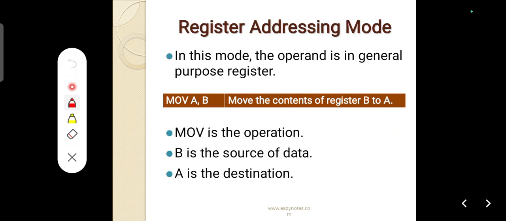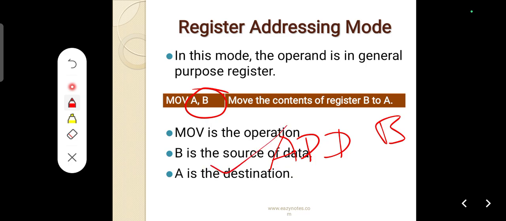Is it clear? Next, register mode of addressing. Whenever your operands are registers, it is known as register mode of addressing. As an example, if you write ADD B, it means the content of the accumulator is going to be added with the B register and the final answer will be available in the accumulator. That's the reason it is known as register mode of addressing. For example, SUB C. Here also the content of C is going to be subtracted from the accumulator and the final answer will be available in the accumulator. Here again you can see that registers are playing the role of operand. That's the reason it is known as register addressing mode.